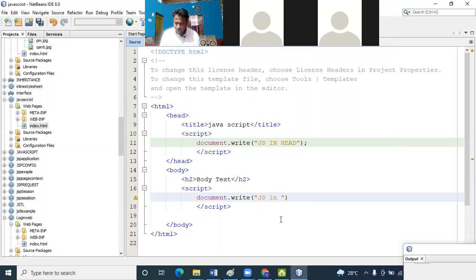Okay, so two tags we are passing. Now I run the file.